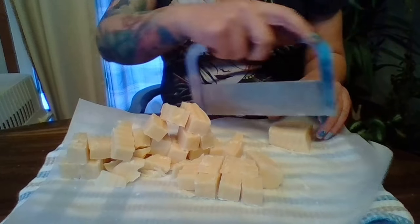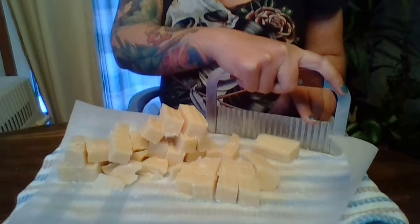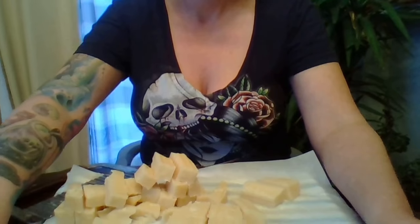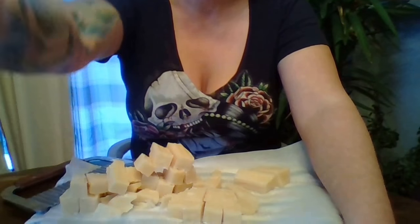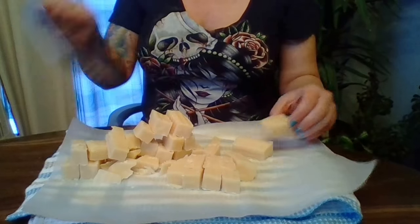Holy shit, I'm shaking the camera. Is this shaking the camera every time I do this? Oh my goodness, you guys are going to be dizzy. Why is it doing that? Is my table all of a sudden crooked? What the hell is going on? Anyhow,